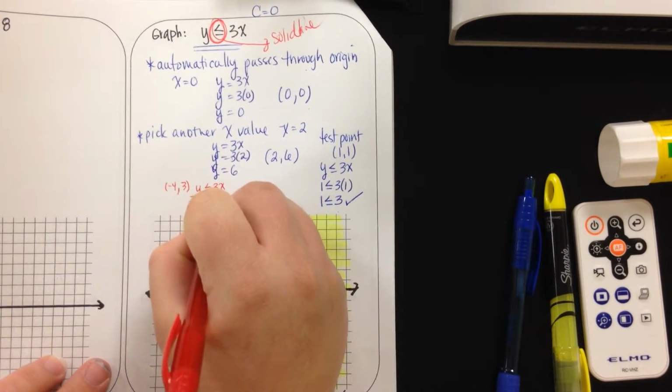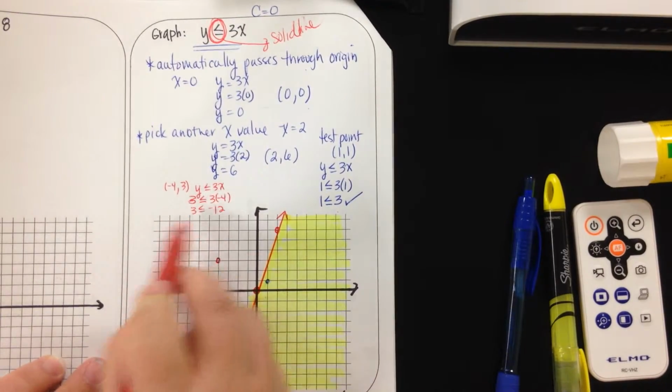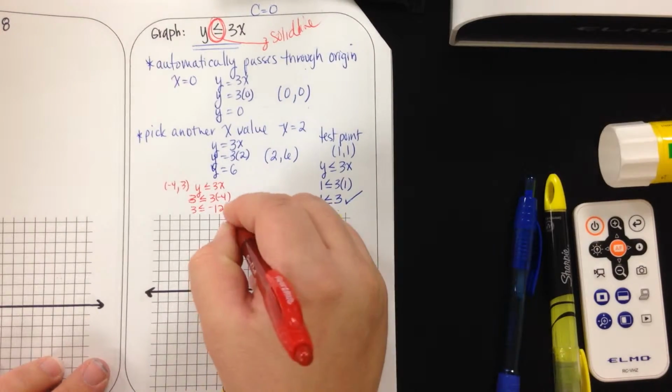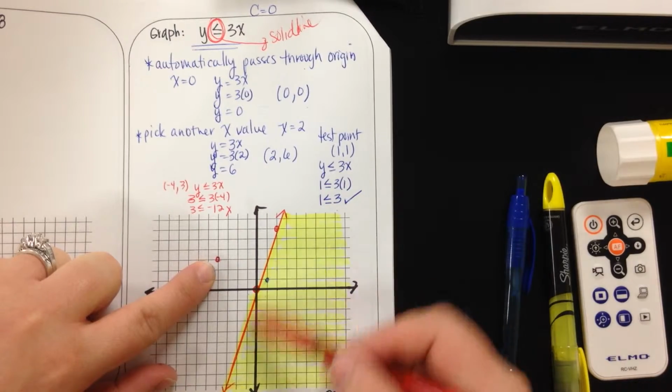3 is less than or equal to 3 times negative 4. 3 is less than or equal to negative 12. And you're going to ask yourself, is 3 less than negative 12? No, right? And so if that was our original test point, we would still know that this is the side